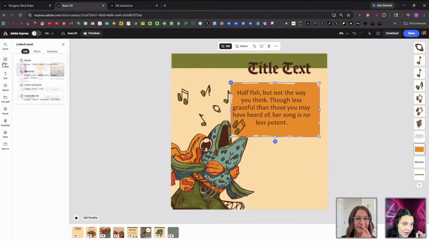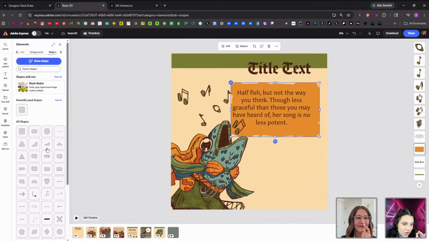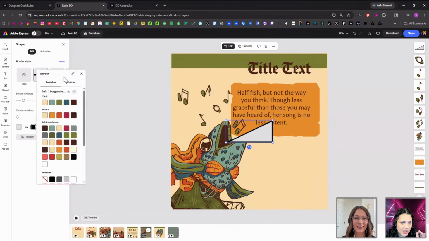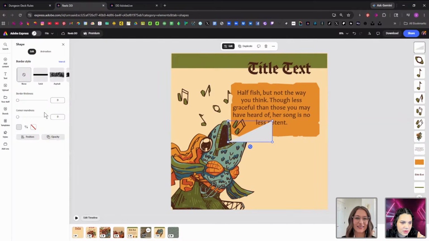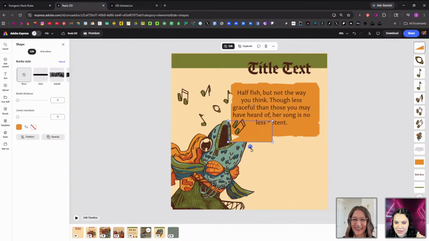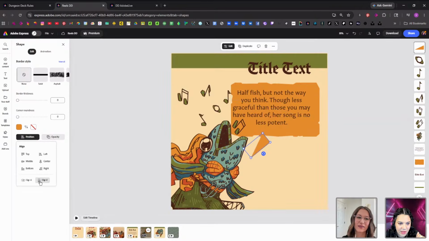We're going to grab elements. We're going to go into shapes. I think that this one's built for the moment. Yeah, that's it. And we're going to take the border off of it and we are going to change it to the proper color. And then I'm just building onto this. We're just going to make this tiny. In fact, we might even flip it around because I don't know if I like how long that was. We could just do it like this. Okay. Oh yeah, no, it needs to be a little longer.